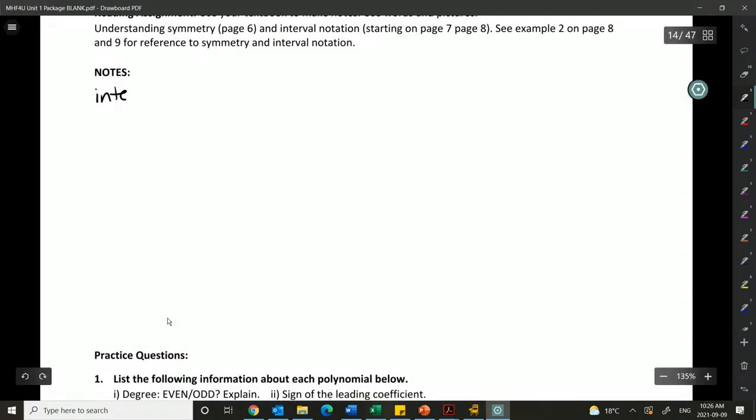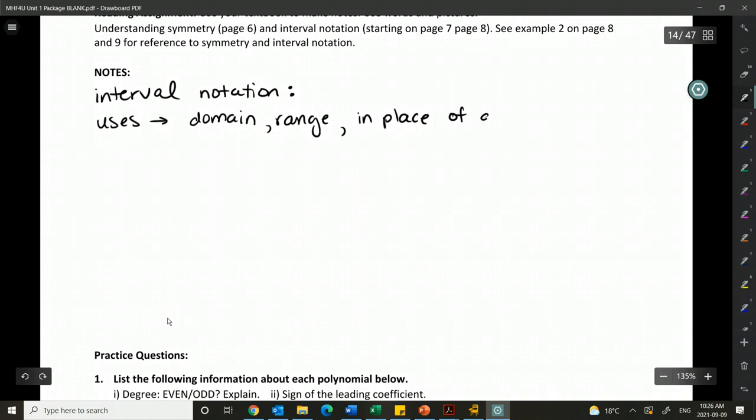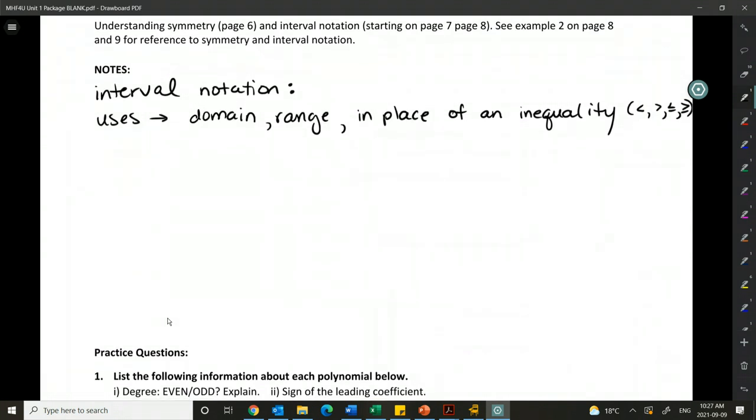So interval notation. Okay, so a couple uses that we talked about